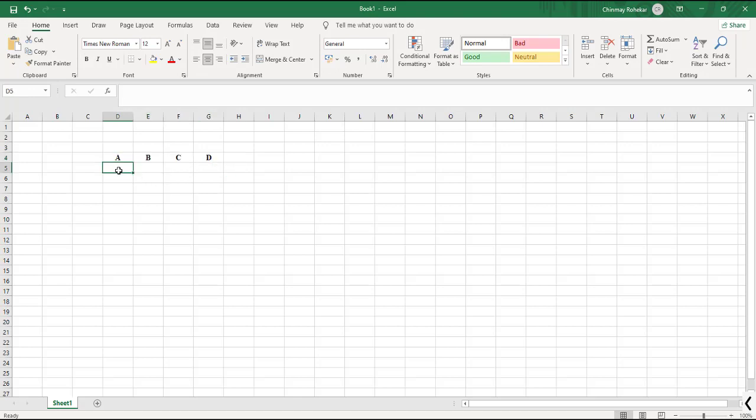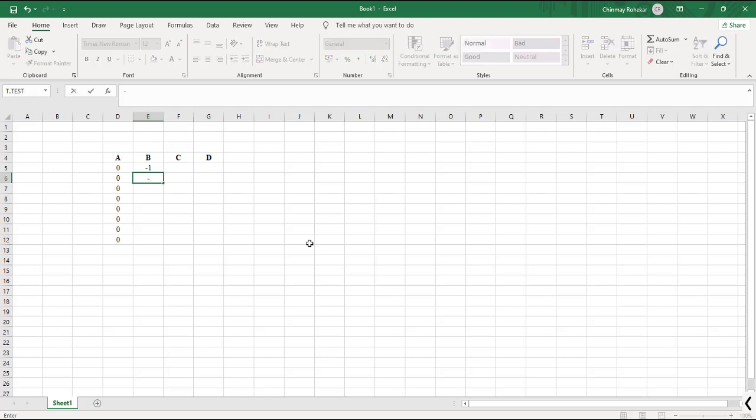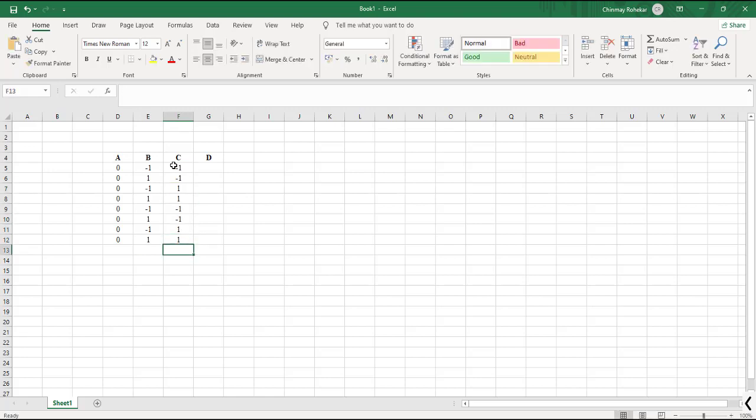Right? So first we will put A as 0, 8 times, because 8 runs are there, 2 raised to 3. So this will be -1, +1, -1, +1, -1, +1, -1, +1. Then here it will be -1, -1, +1, +1, -1, -1, +1, +1. And here it will be -1, -1, -1, -1, +1, +1, +1, +1. So we are doing a 2-level full factorial experiment for these 3 factors,